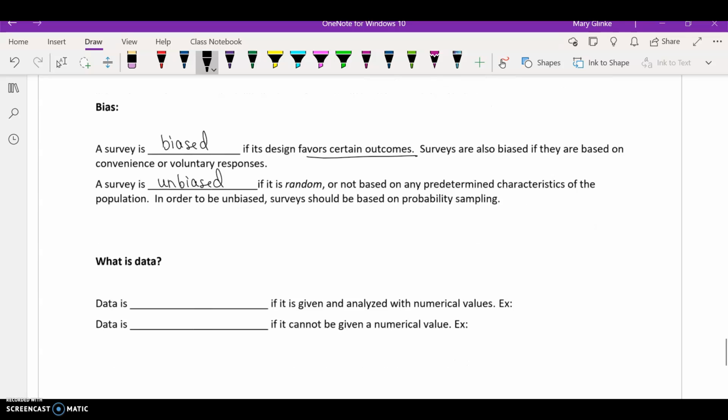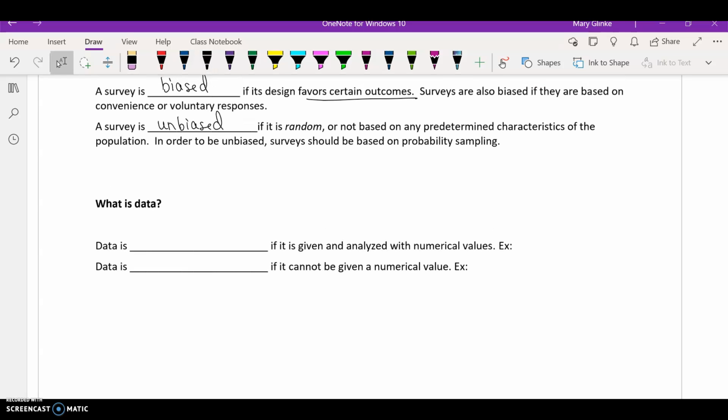The information you get off of the surveys can either be quantitative or qualitative. So it is quantitative if you can get numerical values, if it's analyzed with numerical values. So for instance, your height or shoe size or anything that deals with a number, your GPA, anything like that, is quantitative because it deals with quantities, versus qualitative